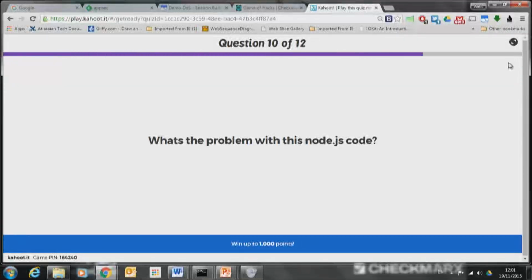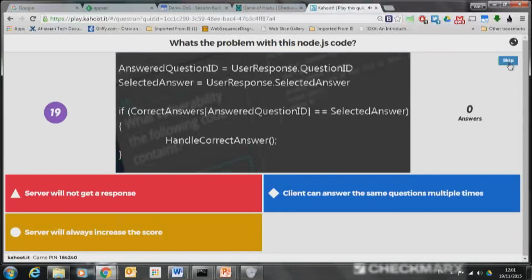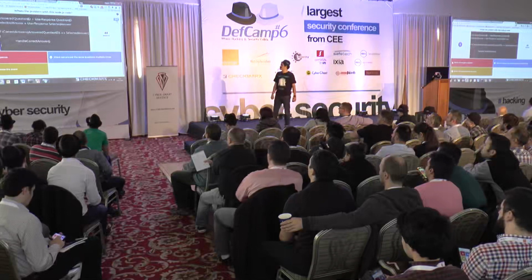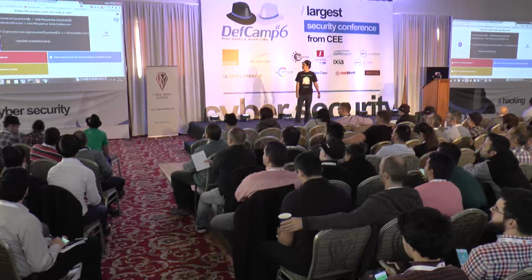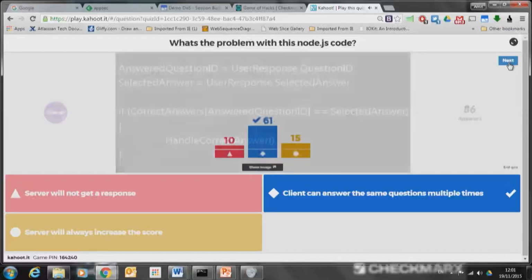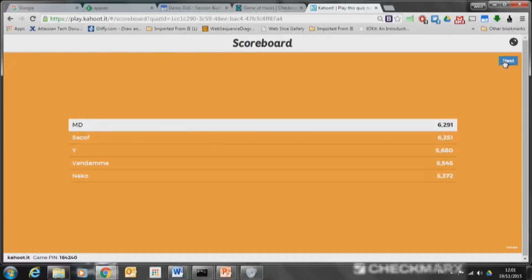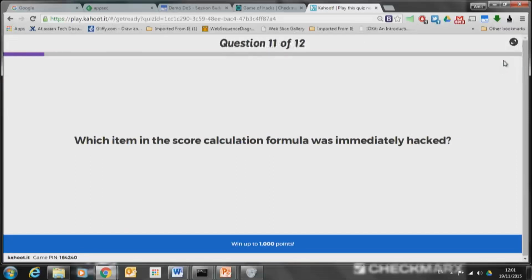One piece of Node.js code. If anyone can recognize the problem here. Very nice. That was a problem we discussed initially. Not many more.